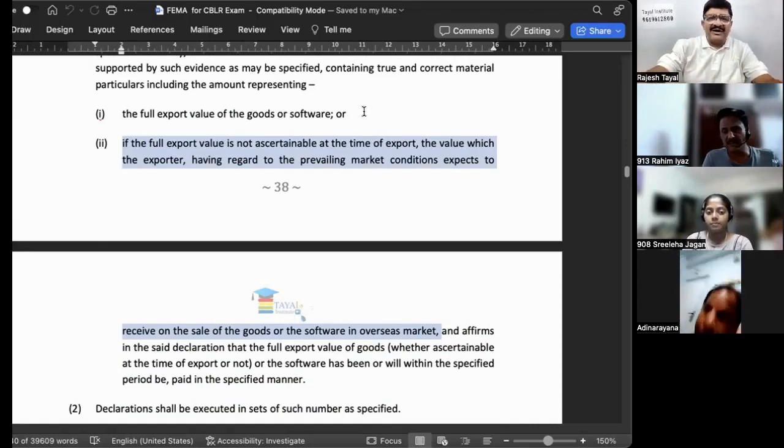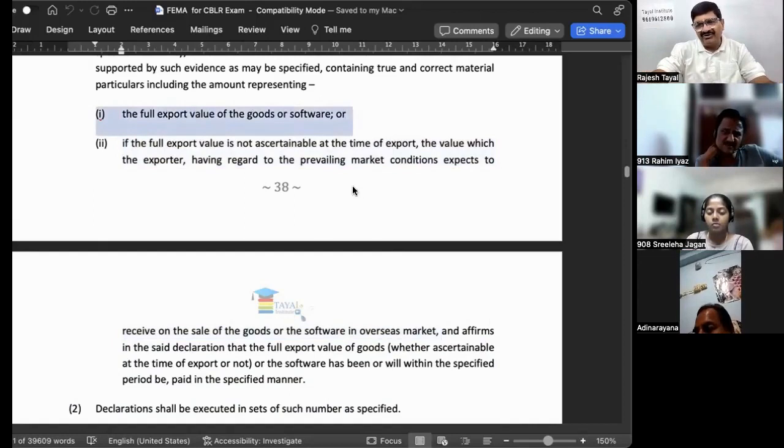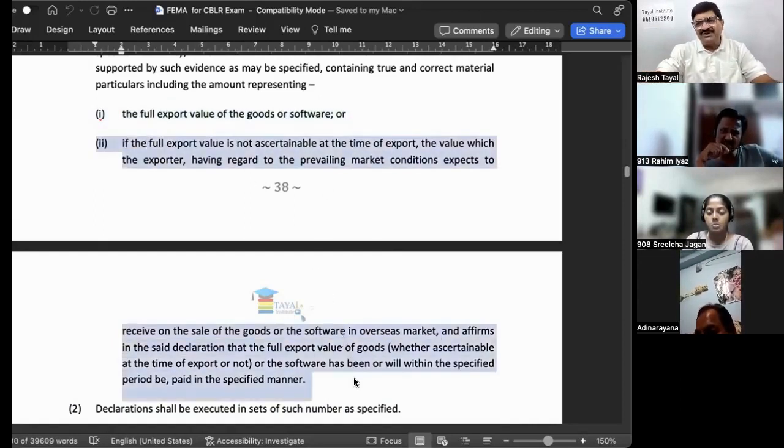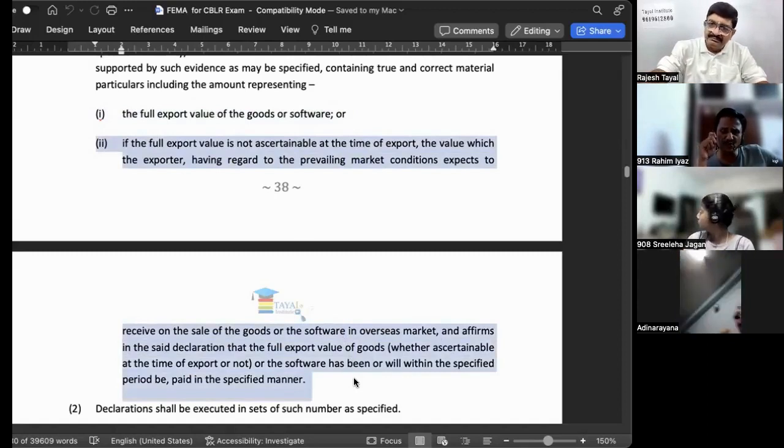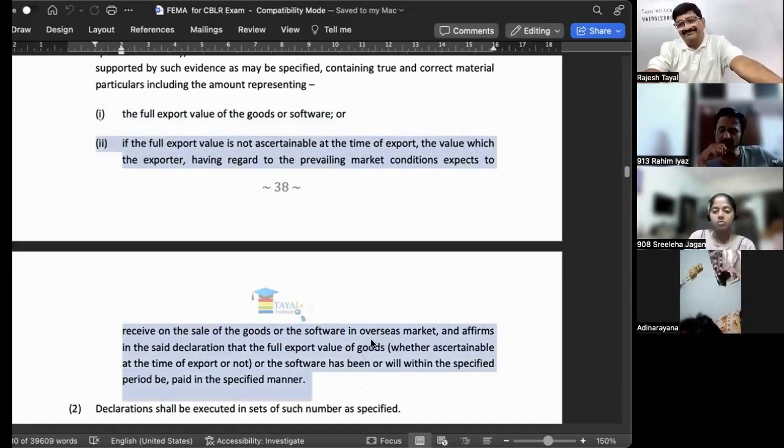Sir, when the price is already known for the transaction, and the full price is not known at that point of time, then this option is available. Sir, when you are sending some product, you need to make a commercial invoice. Sir, we need to know.